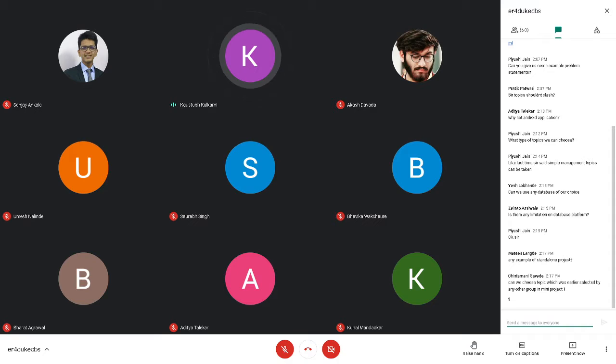Any example of a standalone project? Standalone projects are normally like, for example, inventory management.